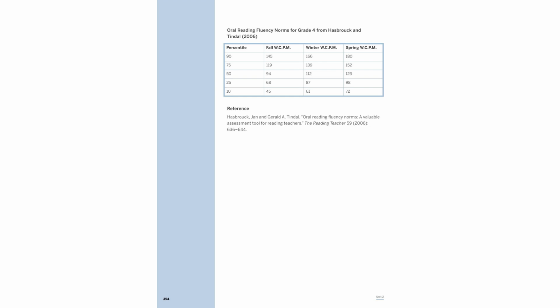Hasbrook and Tyndall's 2006 study provides oral reading fluency norms for grade 4. In the fall, the 50th percentile is 94 words correct per minute, increasing to 112 in winter and 123 in spring. These benchmarks help educators assess student progress and ensure reading fluency aligns with national standards, supporting comprehension and independent